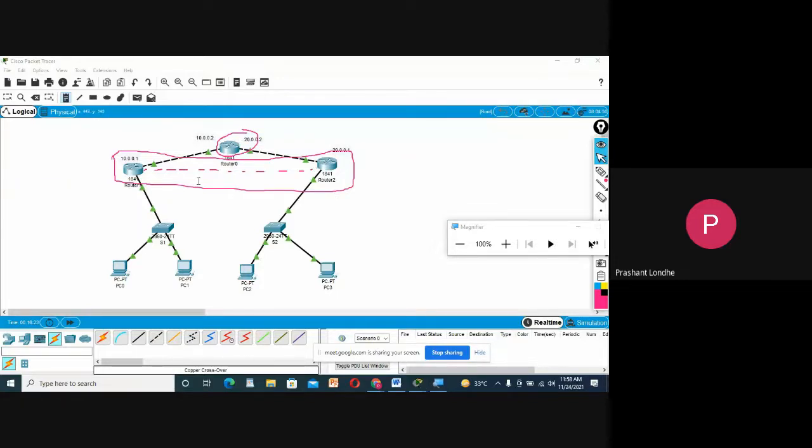So how will I go? I will just go through this port. Just focus on this concept. I need to use this port as the source and this as the destination. So basically, the port will be FastEthernet 0/1. This will be my source port, and the destination will be 20.0.0.1. You can also consider this as a source because you are dealing with a simulator. But considering the concept, I will focus on this port. So just go back to the router.